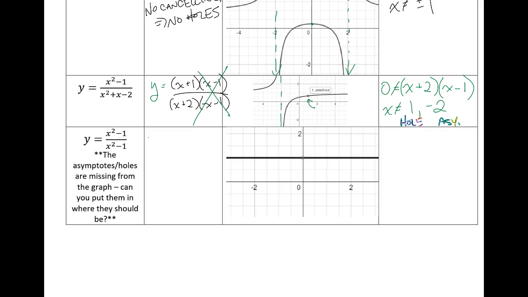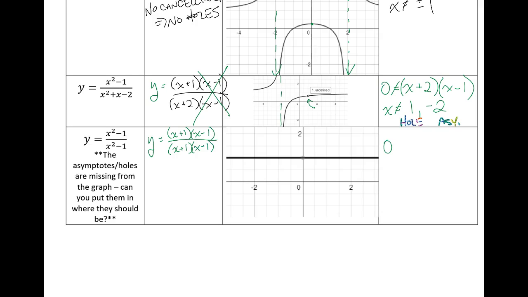If I factor it, and I look at it right away, I see that the numerator and the denominator are the same, so they're going to cancel out. I'm still going to factor it so that it becomes easier to identify those non-permissible values. So it's going to be x plus 1, x minus 1, because it's a difference of squares. The denominator, again, because they're exactly the same, is going to factor out the same way,